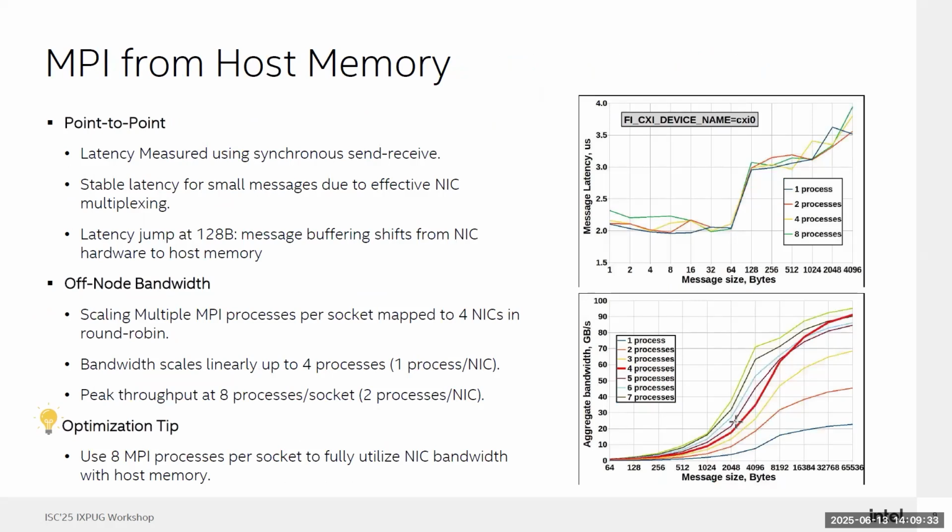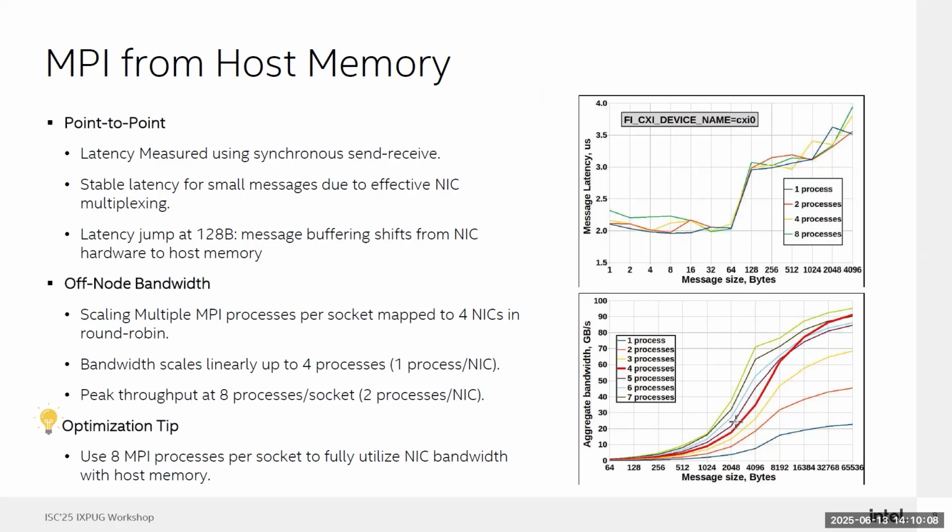Okay, so in the next few slides, I will go over some MPI benchmark results on Aurora when we're using both the CPU memory or the GPU memory. The first figure here shows the point-to-point latency when we increase the number of MPI processes for different message sizes. And in this case, the MPI buffers are located on the host memory. And for the first figure here, we are using a single NIC. So all the MPI processes are bound to a single socket and a single NIC, which can be done